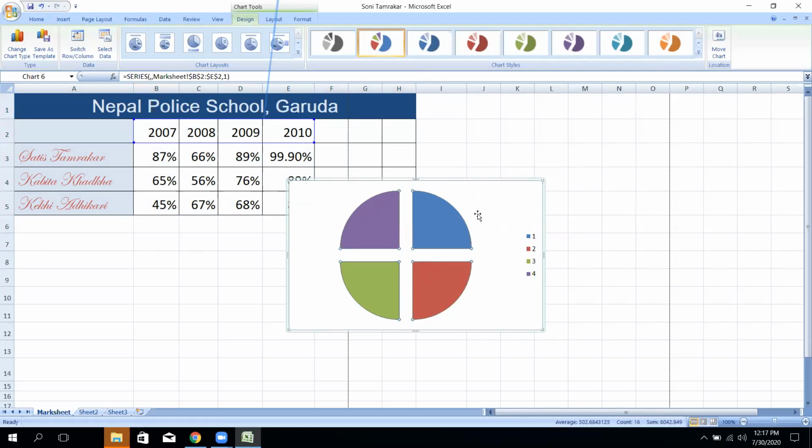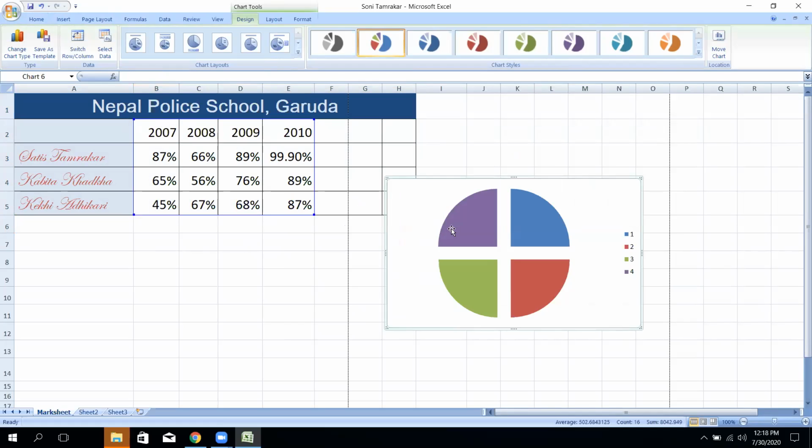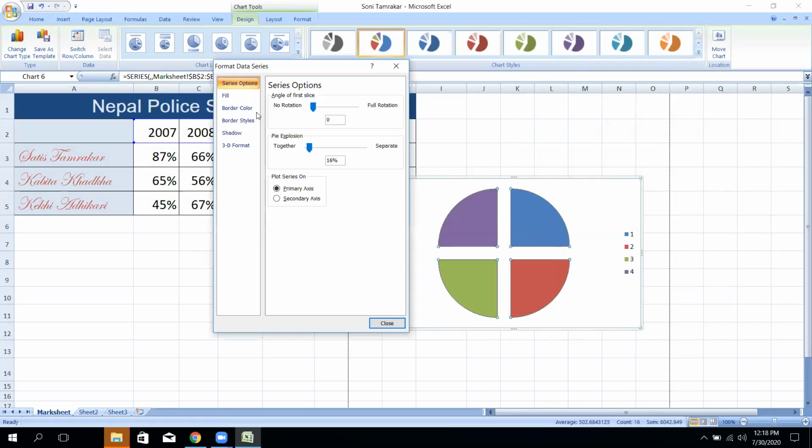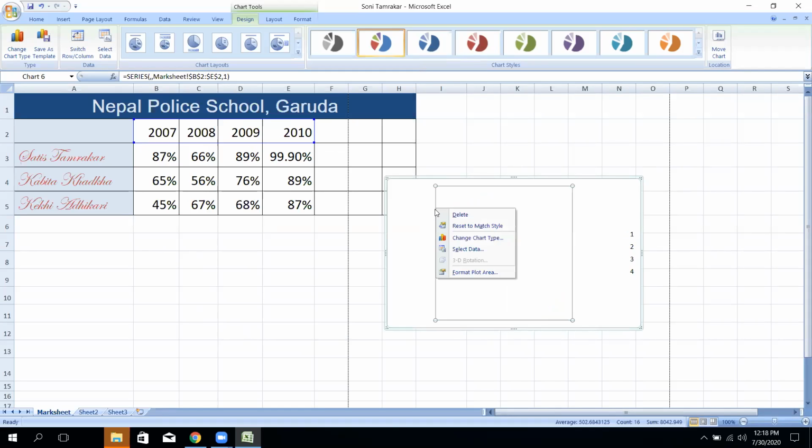The name will not be selected because of the related active profile that you already know. This is the related data. In the data you can use the right mouse here. My mouse is not working, so when you press it, it has Format Data Series. By clicking on it, there is the series, border style, shadow, 3D, any type, fill, no fill. If you press no fill, see, many more colors are here. You can use no fill. Another thing, by placing the right mouse here.